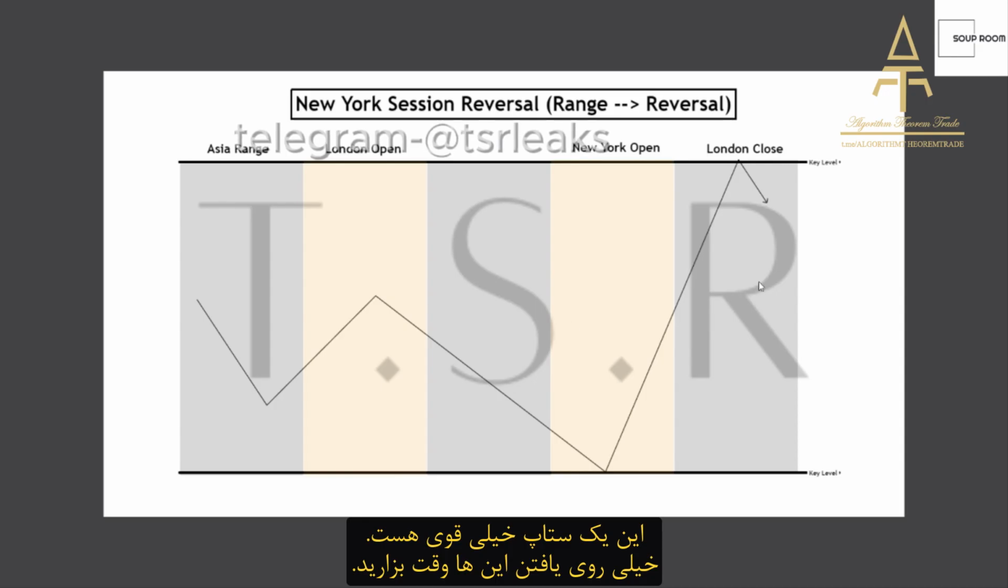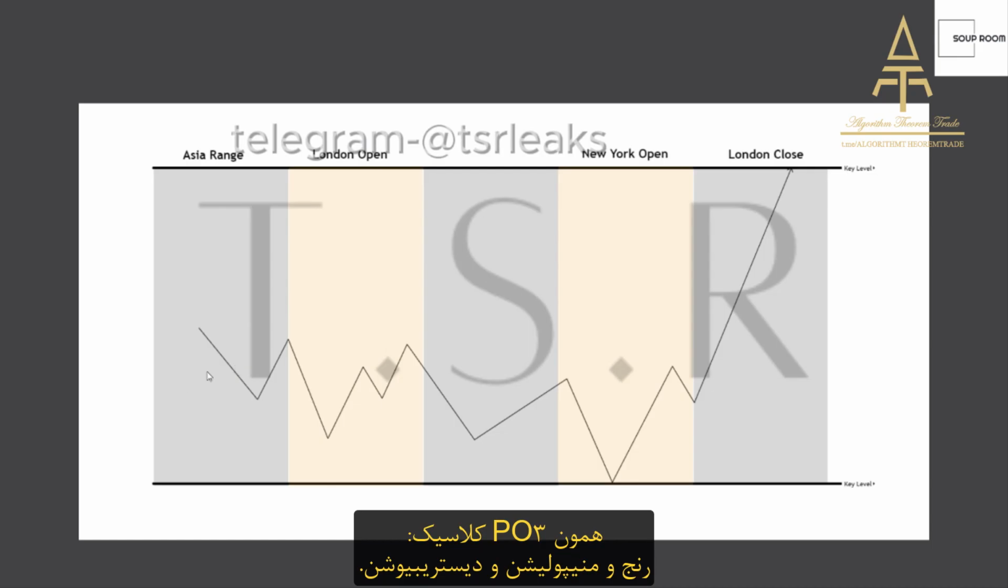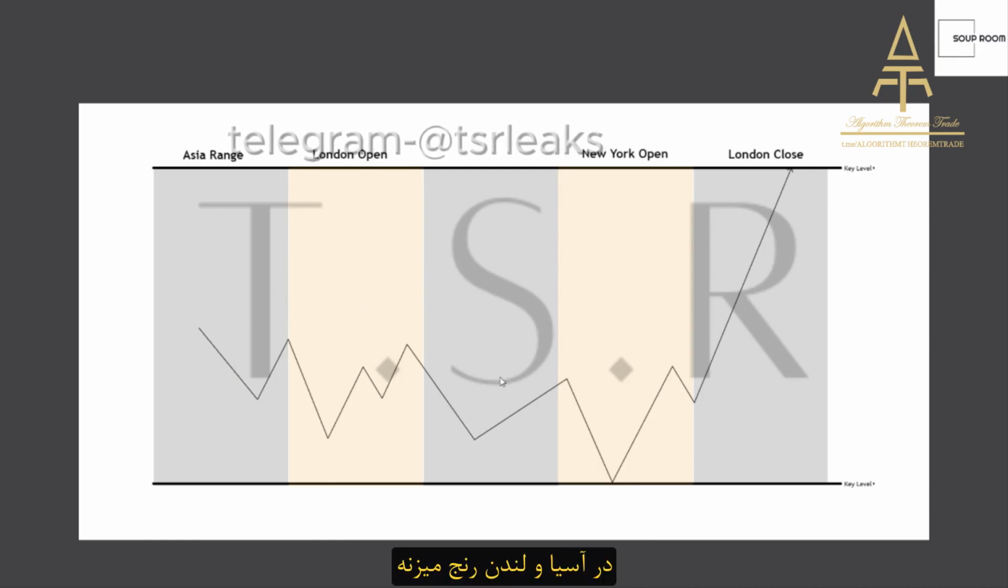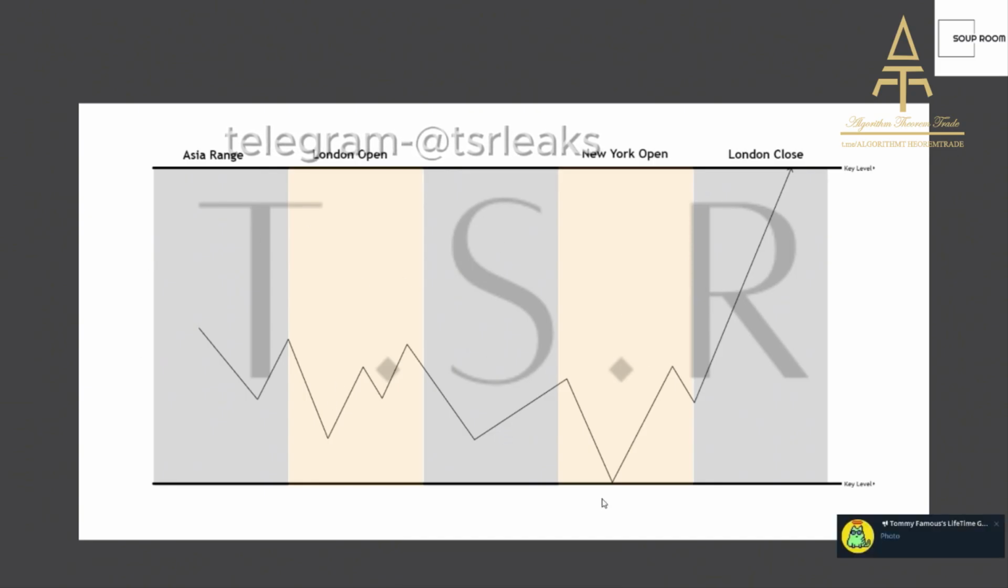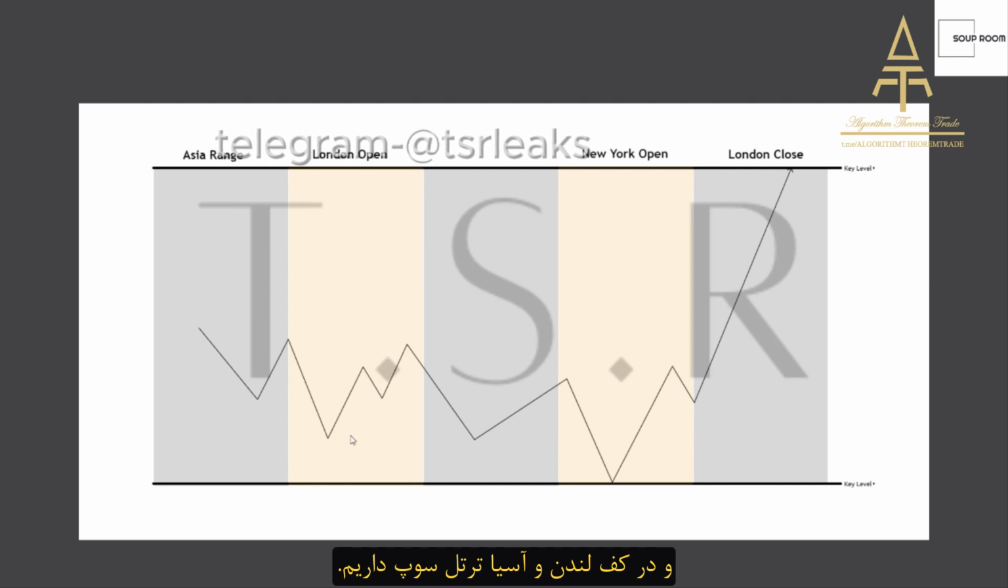Okay, so your main focus should be on finding these setups, right? We have the classic power of 3 here. Range, manipulate, distribute. Where are we ranging? During the Asia range and the London session. When do we manipulate? During the New York Open. When do we continue to expand and distribute? The London close. Okay? As you can see, we are turtle souping the Asia session lows and the New York